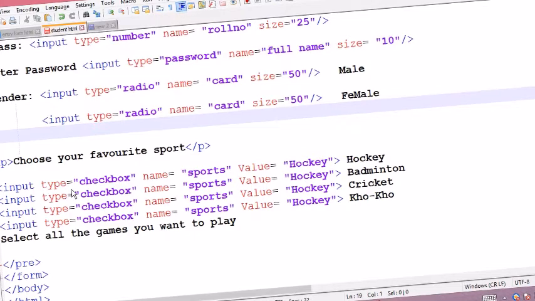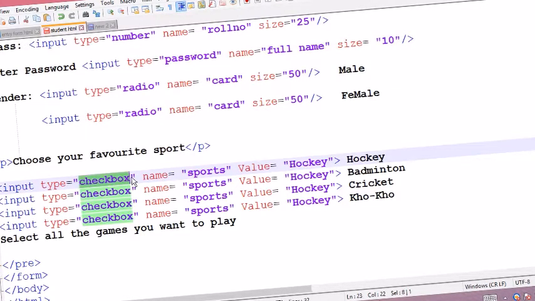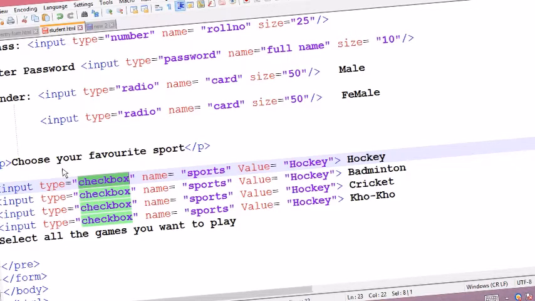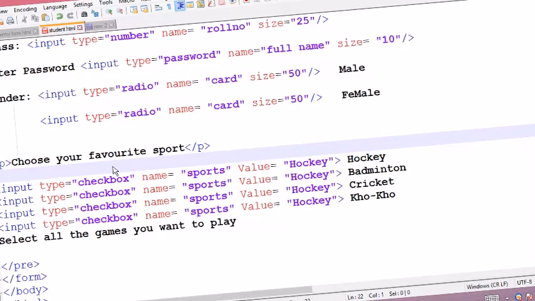And here type is checkbox. It is a small square box in which a tick will come when we choose it, and we can select more than one also by using the shift or control buttons on our keyboard.